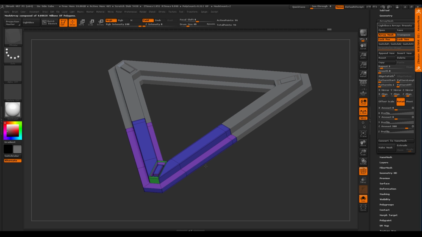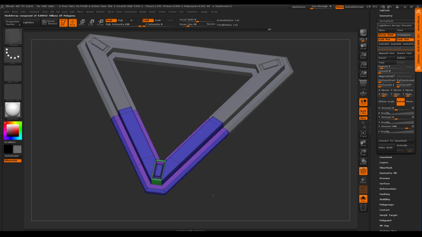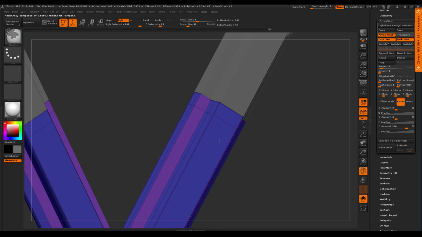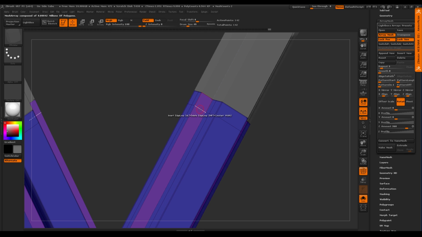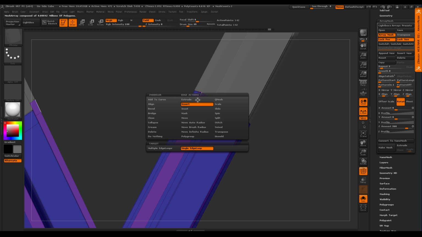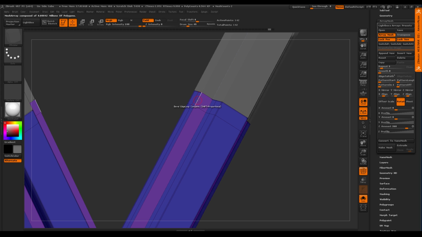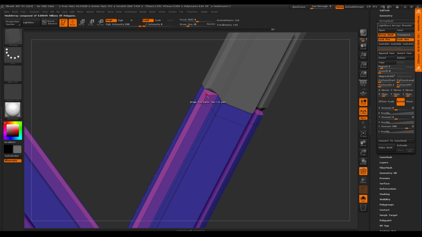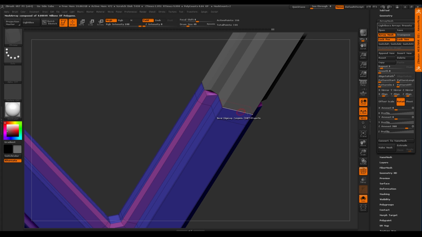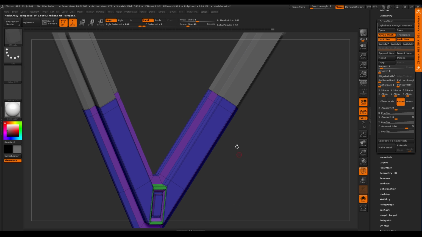And now I can start playing with this and maybe add an edge loop here, add an edge loop here, add an edge loop there, and then I'll delete that, and I got a nice little bevel there. And maybe I want to put a smaller type of bevel here. So I'm using this edge loop to do the beveling here instead of just switching to, say, the bevel option. There's a reason why I'm doing this. Because if I do this bevel, see, it creates this. It's trying to continue and bevel along this way. I don't want that. I just want a nice little bevel along this edge.